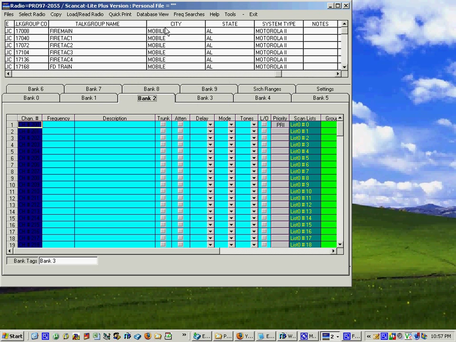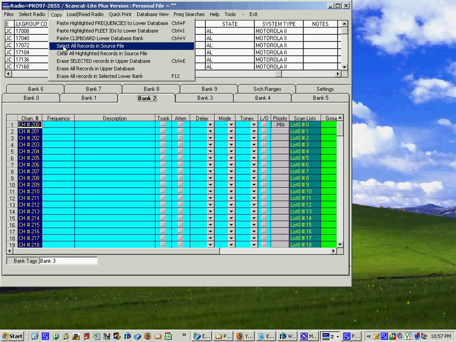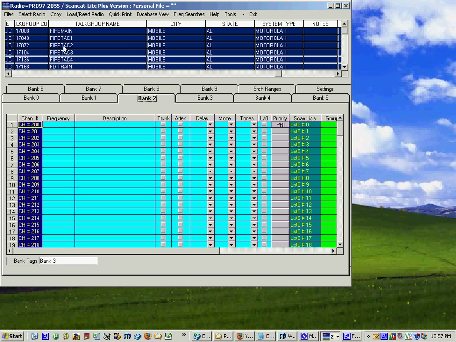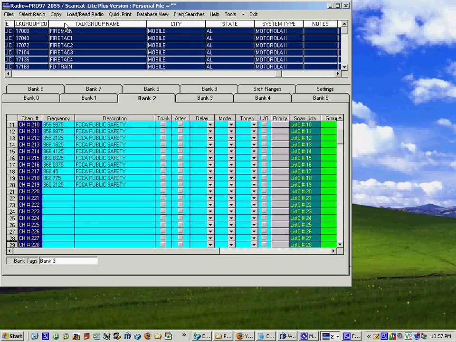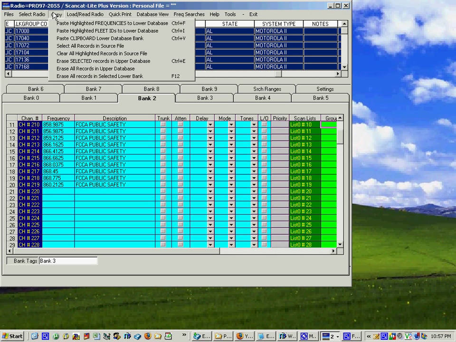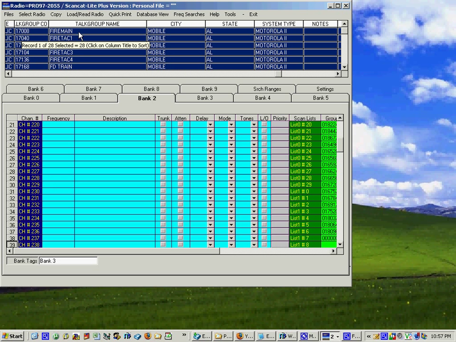Copy them over to the upper database, and as you can see, it's just a repeat, just about as fast as you can pull them up. Select them all, pick the first one, copy, go over here, pick copy, put the highlights for the talk groups in,